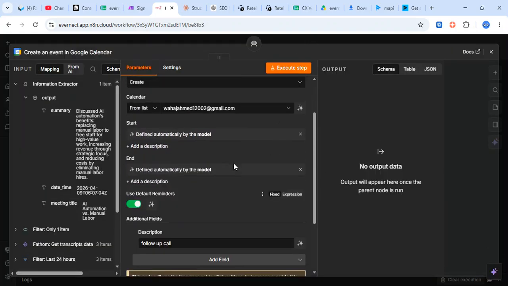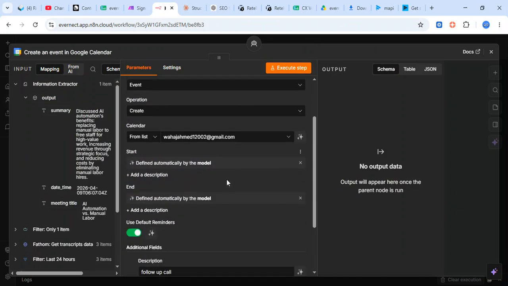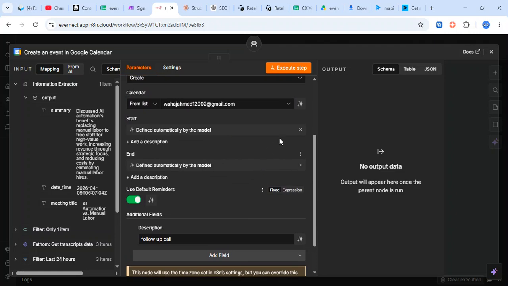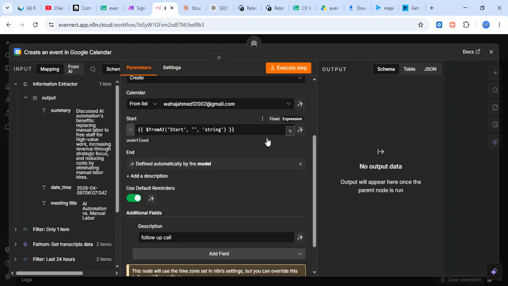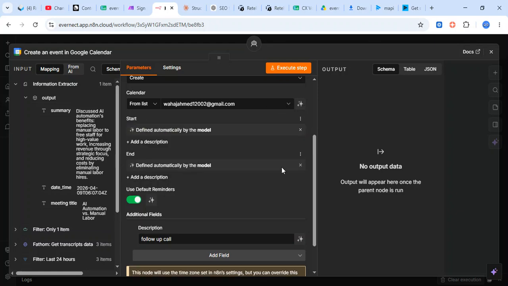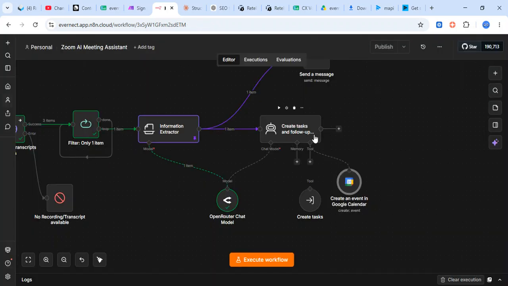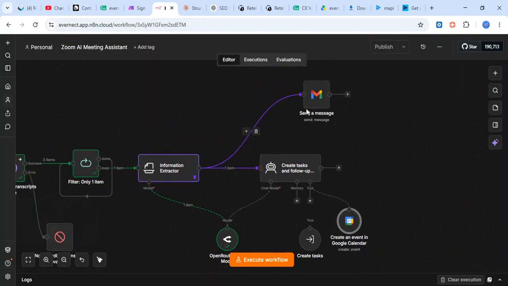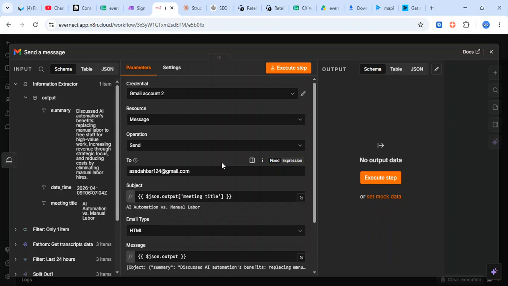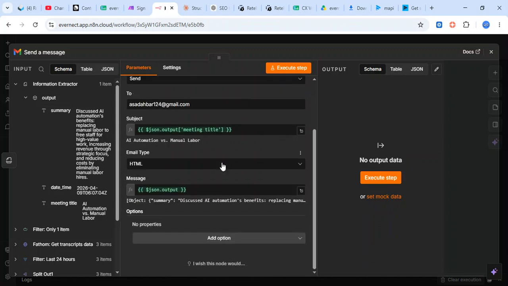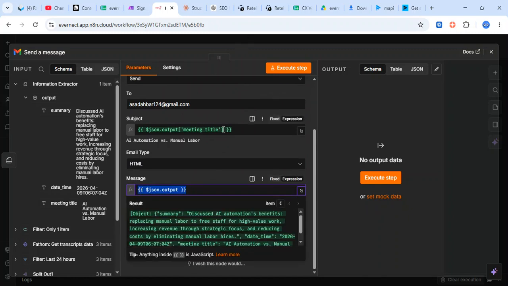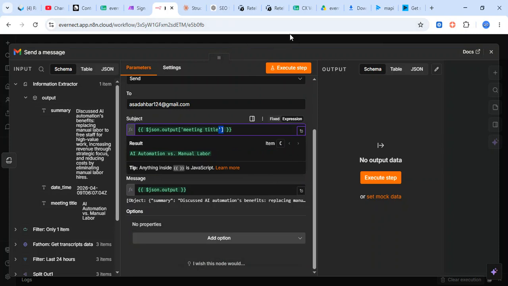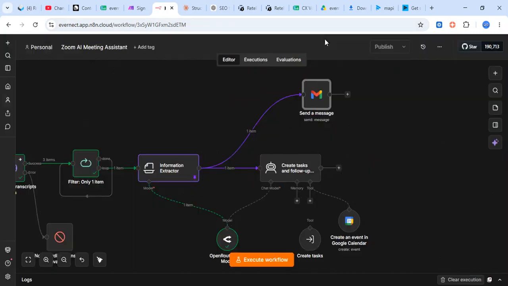At the tool, you need to give it a Google Calendar link, and it is automatically used by the model so that it will use the start and end date. And the next, we are also sending a message to the host so that they can see the summary and analyze the meeting. They can review the meeting, and just put the summary here and the meeting title. And if I show you in the create task,